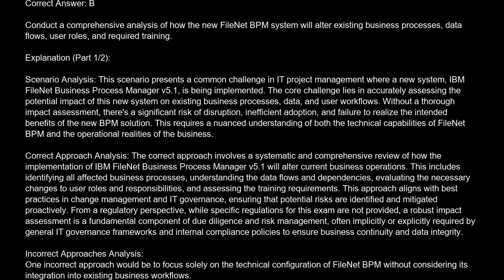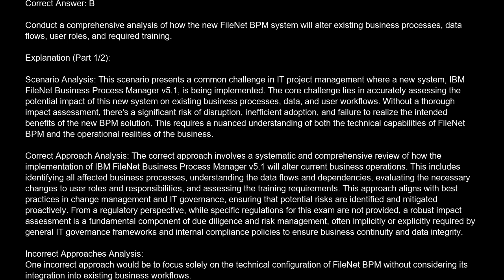Conduct a comprehensive analysis of how the new FileNet BPM system will alter existing business processes, data flows, user roles, and required training. Explanation. Scenario analysis. This scenario presents a common challenge in IT project management where a new system, IBM FileNet Business Process Manager v5.1,